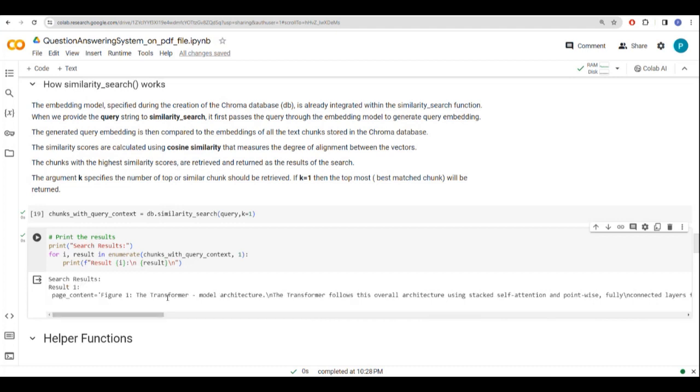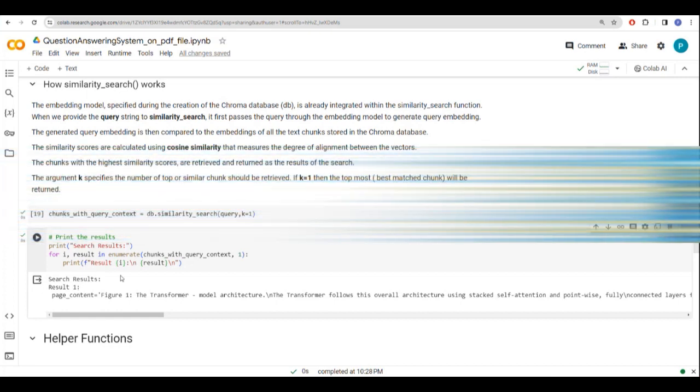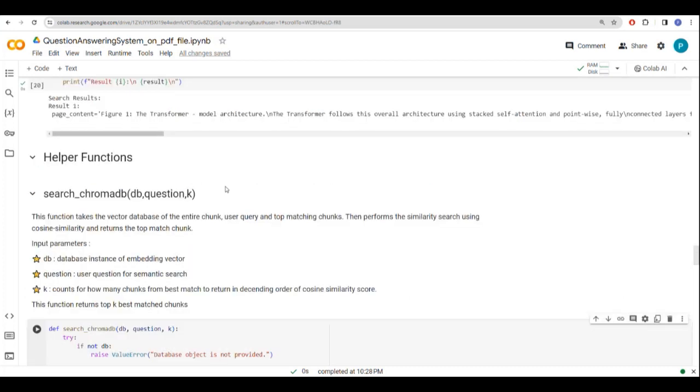We are able to load our PDF document. We are able to segment our PDF document into different chunks, and then we are also able to create the embedding vectors. We are also able to load our embedding vectors into Chroma DB, and we are also able to search through that Chroma DB, and we are also able to retrieve the relevant chunk for the user query. So far so good. Now to generate the final answer through the generative model, we need to pass this user query and this search result to the generative model. Okay, so to do that,